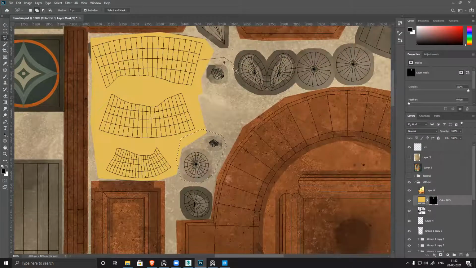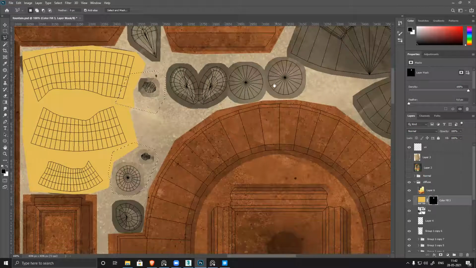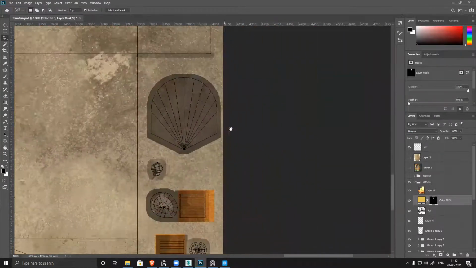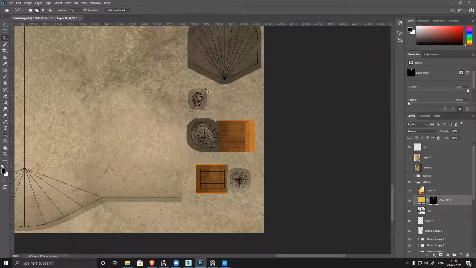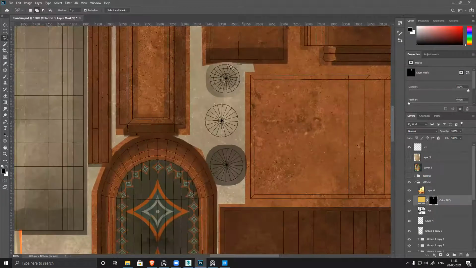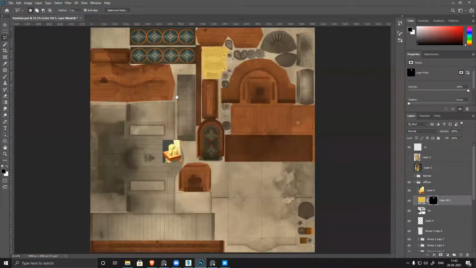This one, this one. All the candle sections. And let me double check it. Is it correct or not?